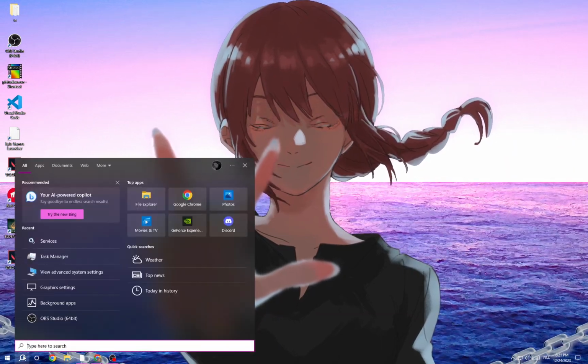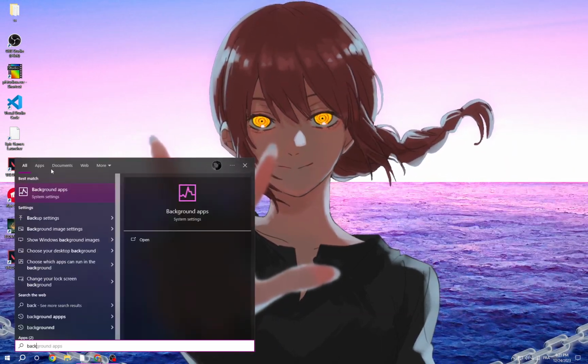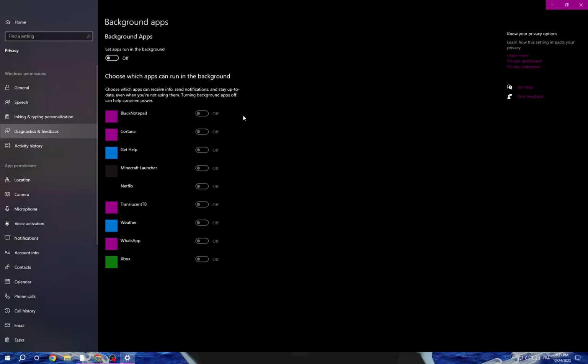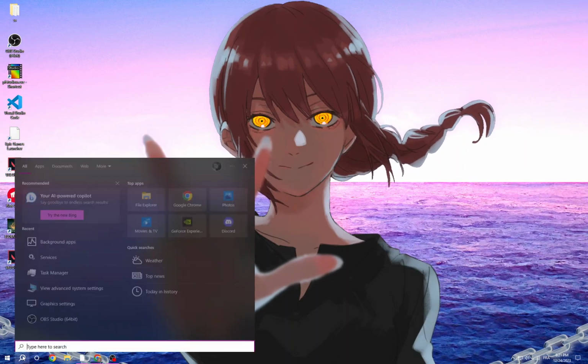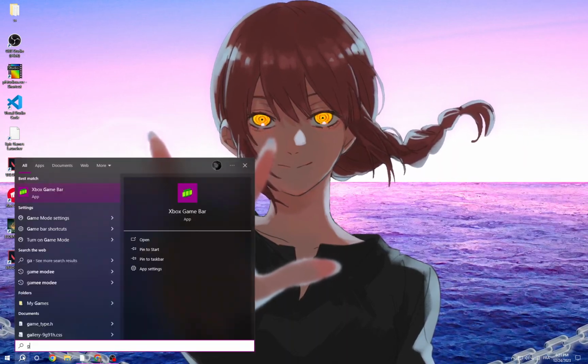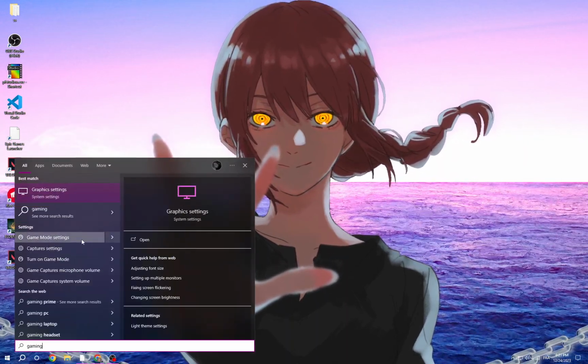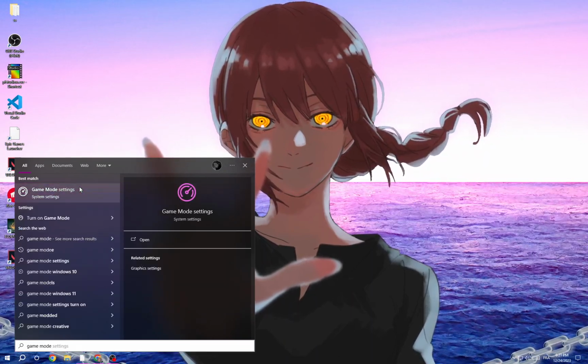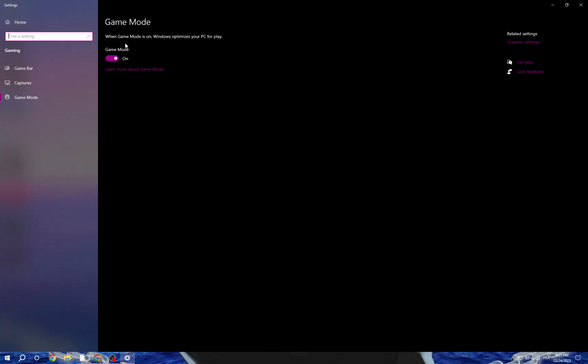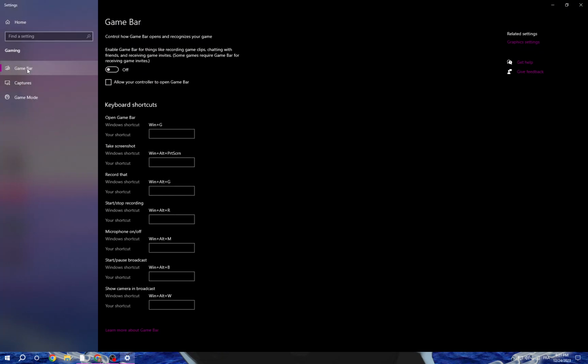First click here and then go to background apps. Now turn off this one, go back, click here and then go to gaming, game mode. Just type here game mode settings and turn this one on and go to game bar, turn it off, and then you will find here graphics